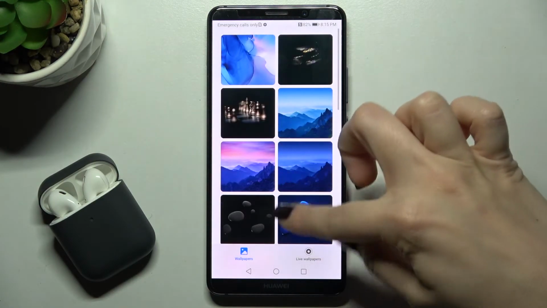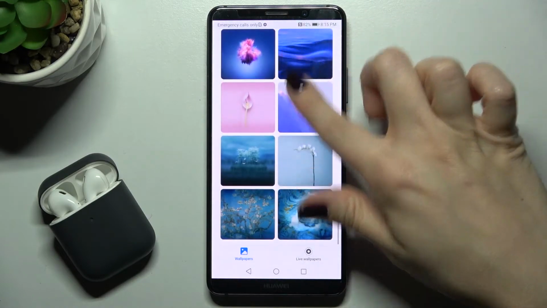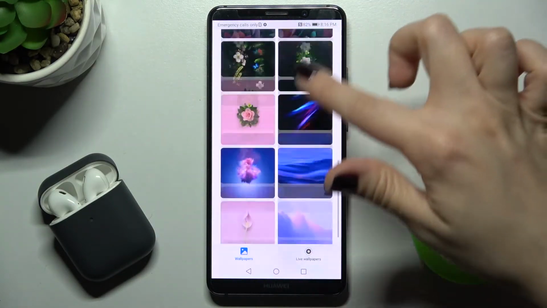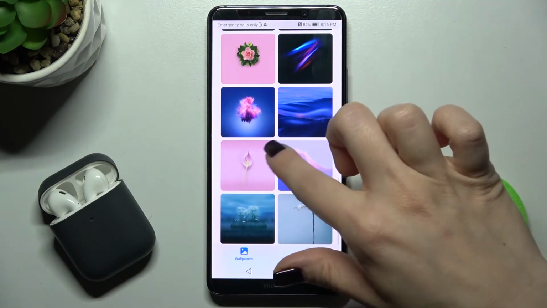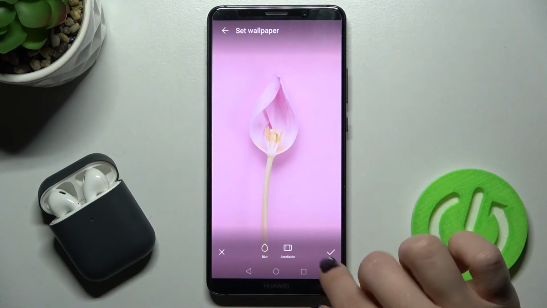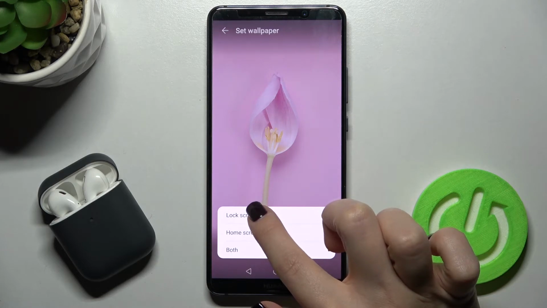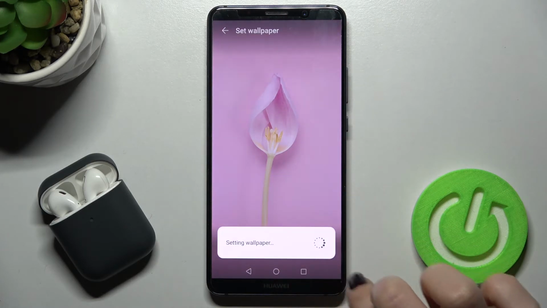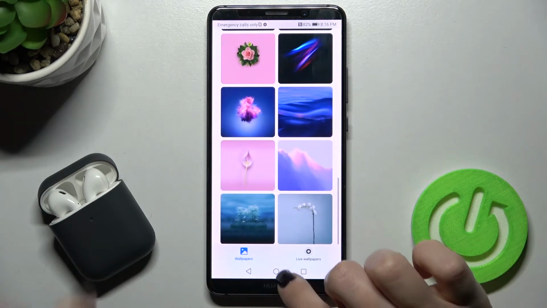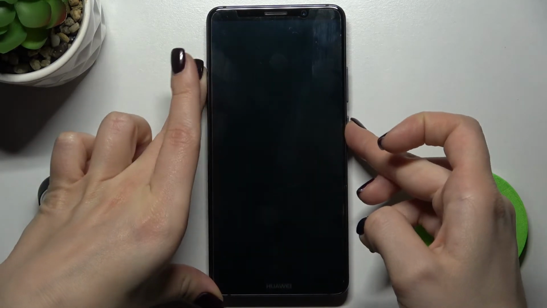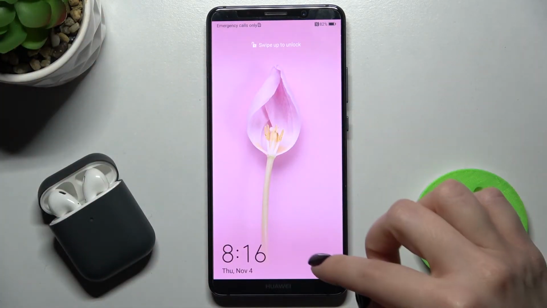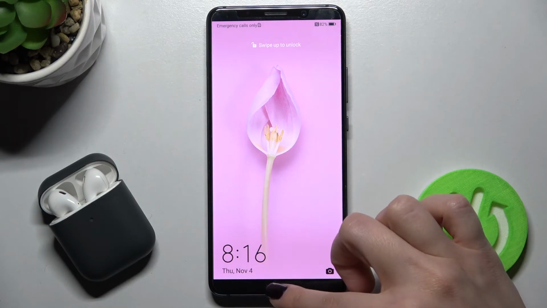Yes, I agree. And now you can choose one from this wallpaper. For example, I will go in with this one. Now tap to allow, and we want to change the lock screen wallpaper, so tap here and wait a few seconds. Now we will check. So as you can see, our home lock screen wallpaper has changed